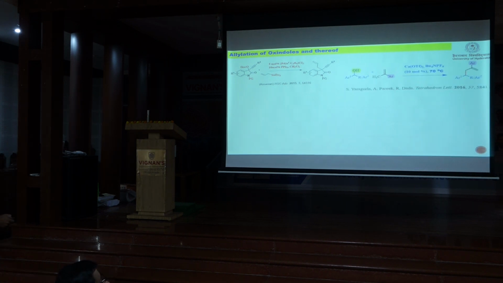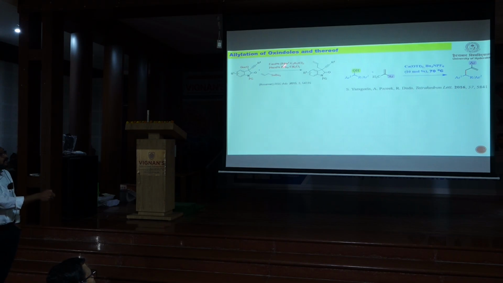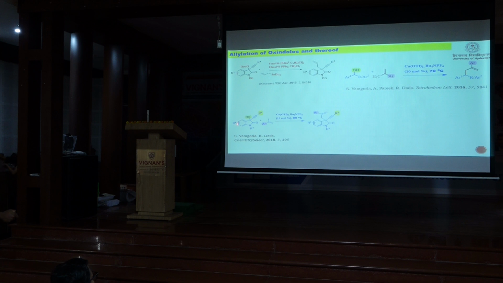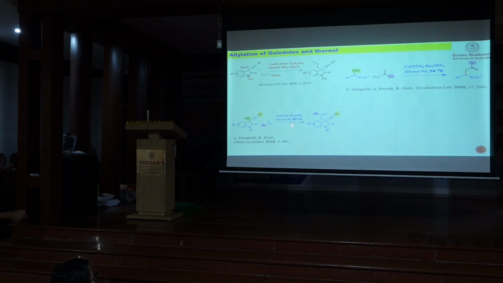At parallel time, we also developed a reaction where you take an alcohol and alkene, alpha methyl styrene, and do a dehydrative cross coupling to do allylation on this carbon. So we thought that a similar allylation on these systems can also be performed without activating this, without protecting this, without use of any allyl tributyl tin or palladium. Just take a calcium based Lewis acid, take this substrate and an alkene using calcium, then we could do the allylation of these oxindoles.